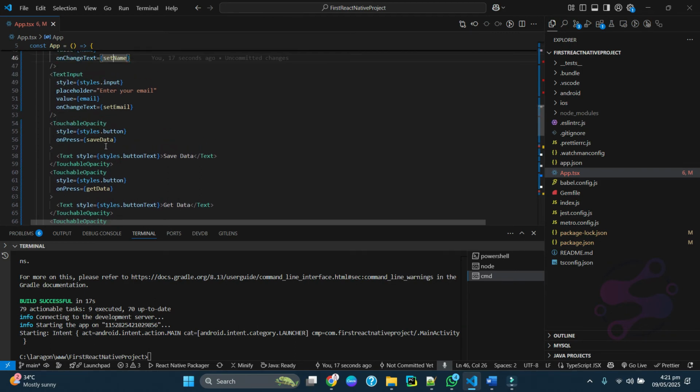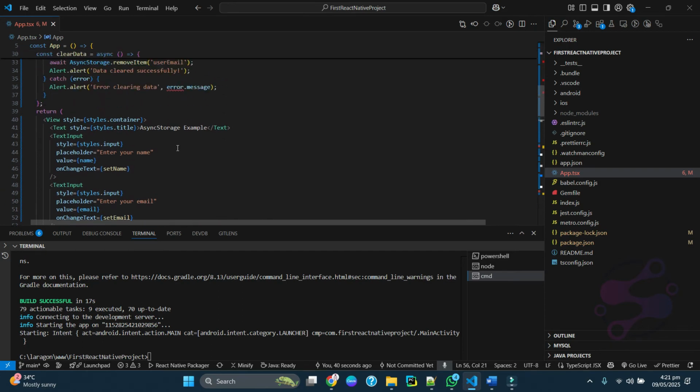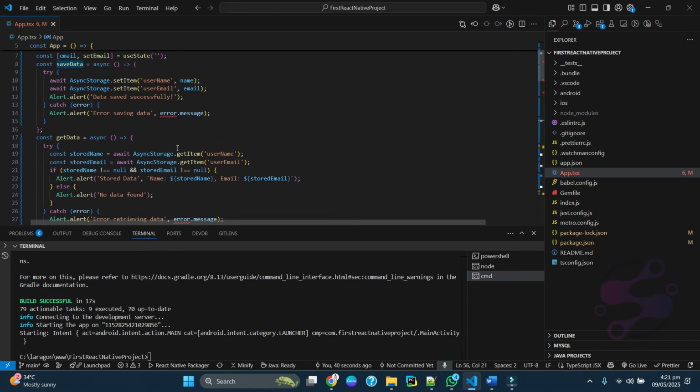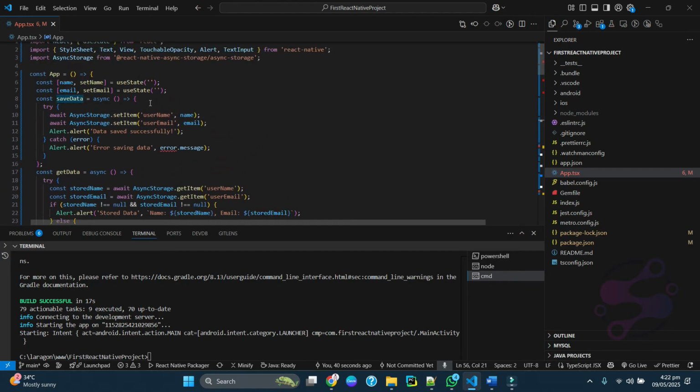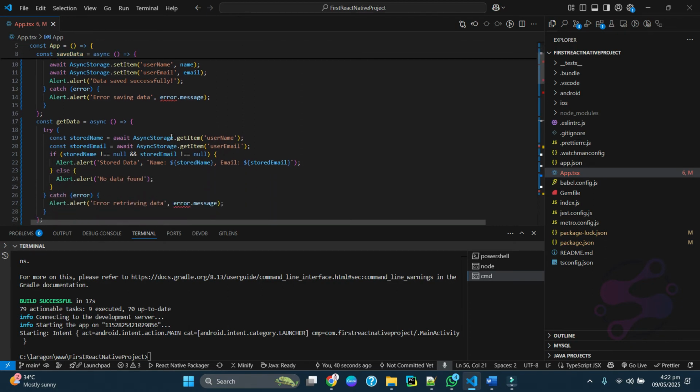So when someone presses this one, you are calling functions. You are using try catch, you are saying async storage set item, username is the key, and this is the data. You are storing the data inside these keys. You are saying successfully inserted.